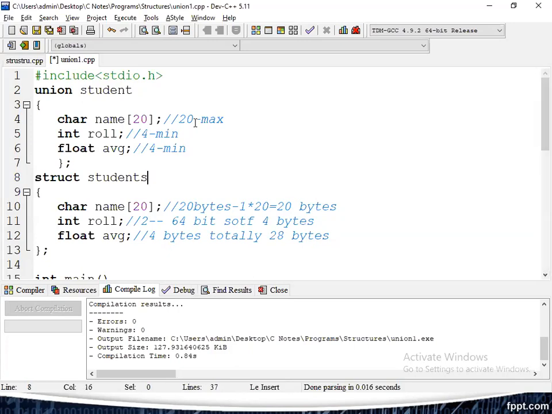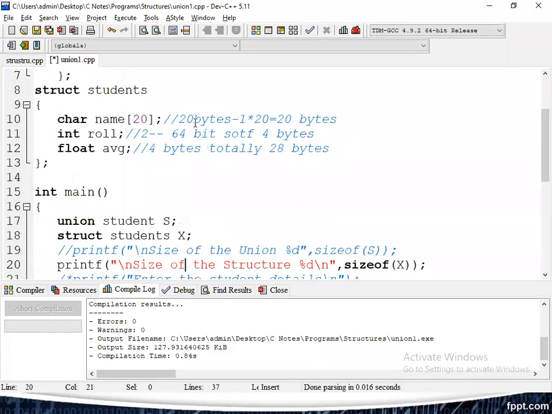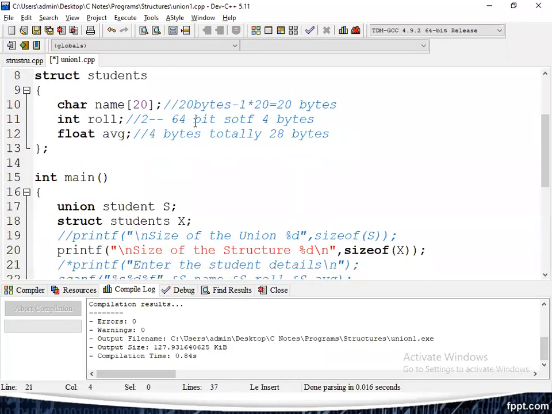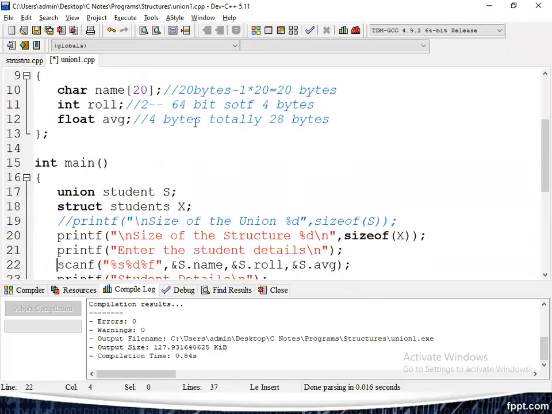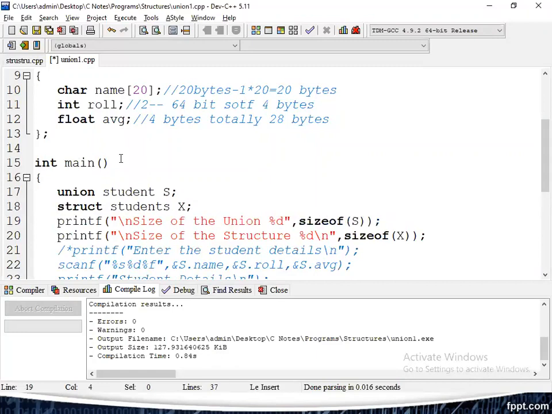Let us verify practically also. Here, s is a variable of union student, and sizeof is one of the operators in C language.